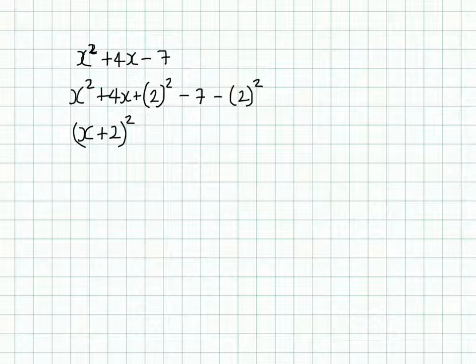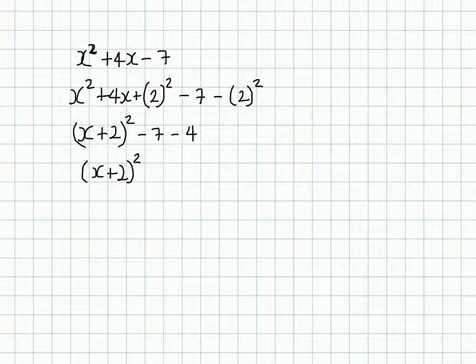And that is equal to minus 7 take away 4, because 2 squared is 4. So finally, my answer now will be (x plus 2) all squared minus 11. Alright, so this is my answer. I've completed the square. I should use this opportunity to say to you now that whenever you see this in